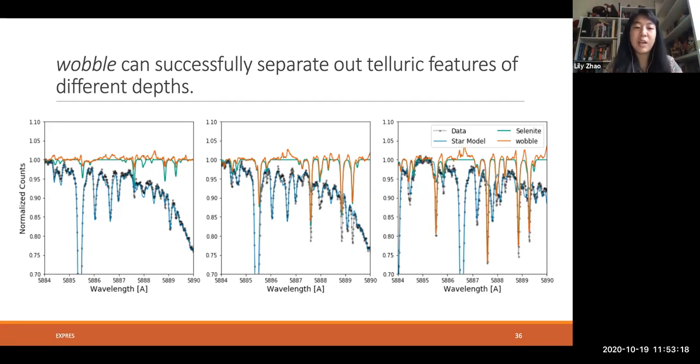And this allows you to get RVs from the shifted stellar template that aren't impacted by telluric lines. It can also be extended, which is a project I'm currently working on, into separating out other components, such as stellar activity components. So the end result is a model that tells you all the different components in your spectral observation, and you can recover RVs from just the spectral component, the part that's being impacted by the planets we're trying to find.